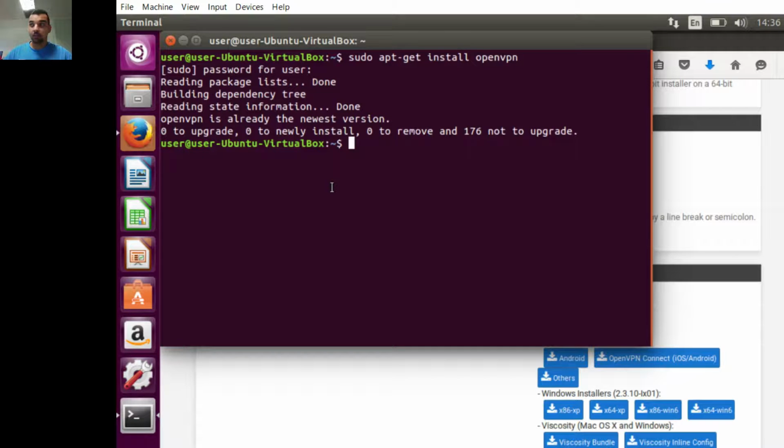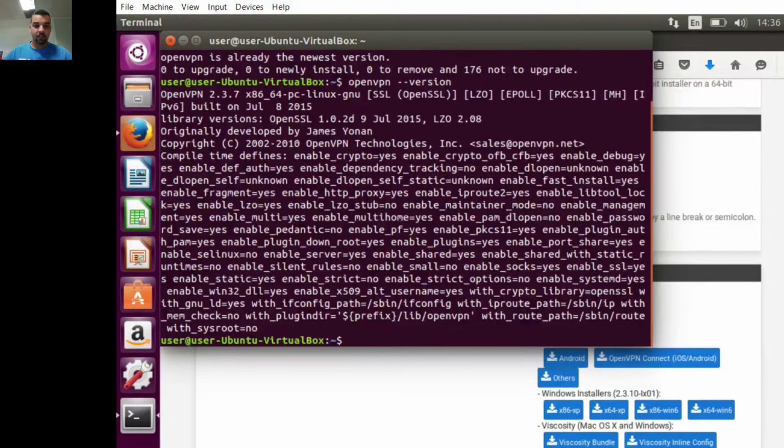Alright, now the next thing you have to do is make a connection. Before you do anything, just make sure you have installed it correctly by doing openvpn --version. I think it is. That means you did it. Alright, now the next thing to do is